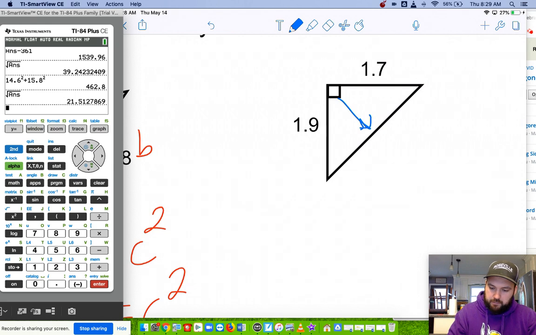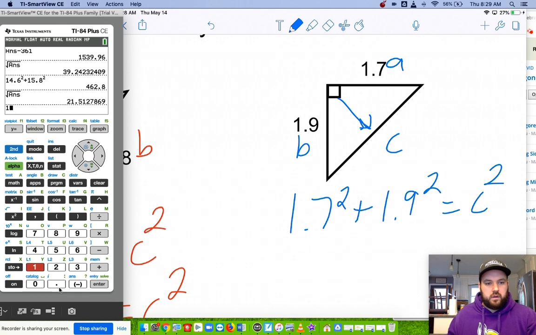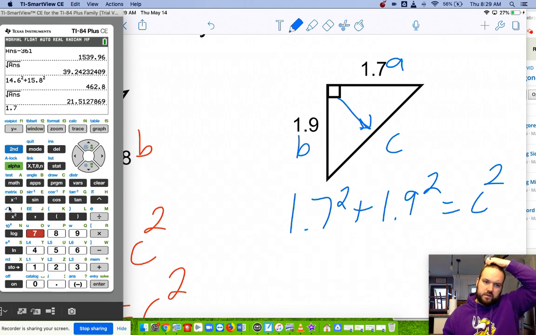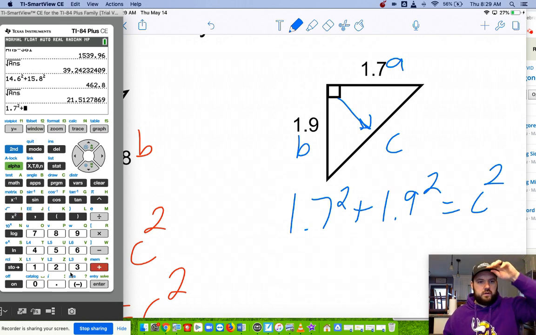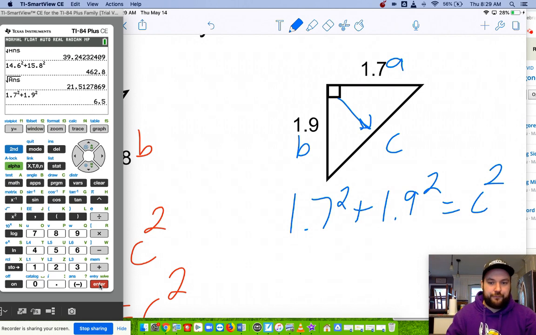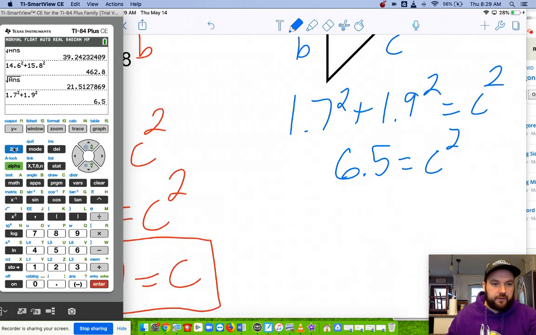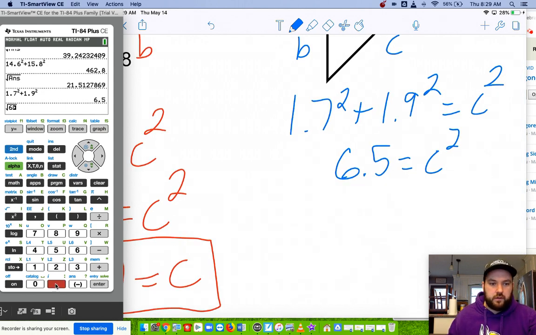And then finally here, this is another one where it looks like we do not have the hypotenuse. So I have A of 1.7 and B of 1.9. 1.7 squared plus 1.9 squared equals C squared. 2.89 plus 3.61. It's going to be like, I don't know, 6 point something. 6.5. 6.5 equals C squared. And then if I square root 6.5,